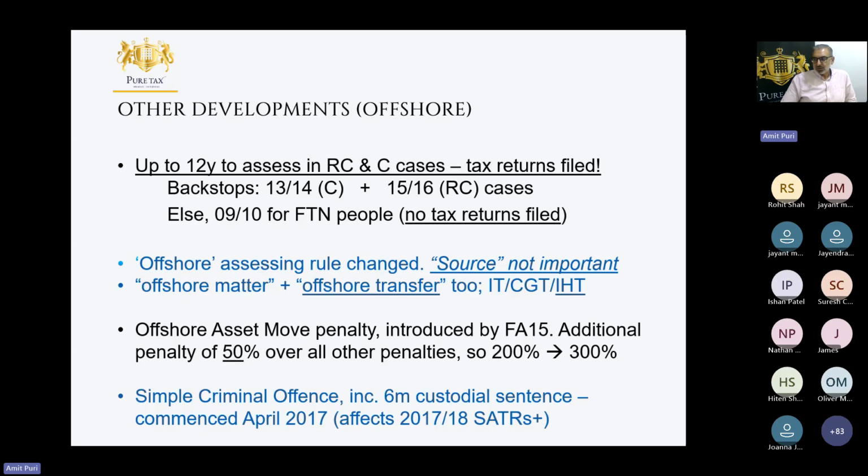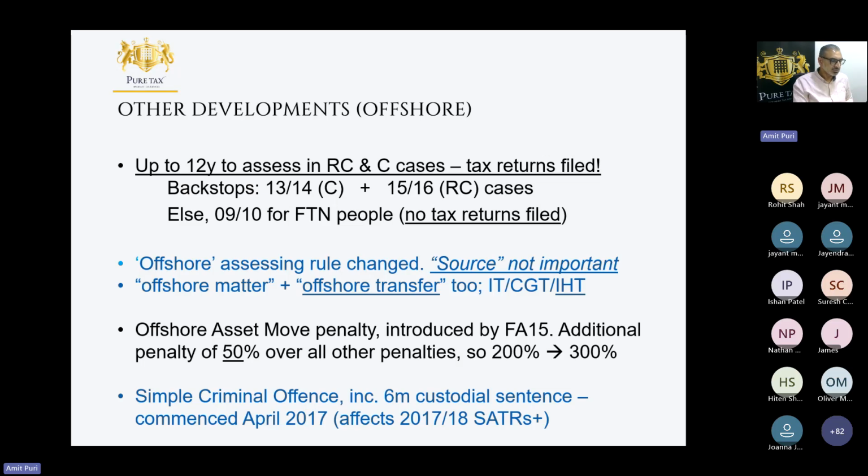Offshore matter is not restricted to interest income arising overseas or gains that arise overseas. It also now applies to monies that are maybe being diverted from the UK. So the UK business, but someone's received that money overseas, that now constitutes a transfer, or if it's landed in the UK and someone's then systematically moved it overseas, and that's found out in an inquiry, again, that will trigger the offshore penalties because it's an offshore transfer.